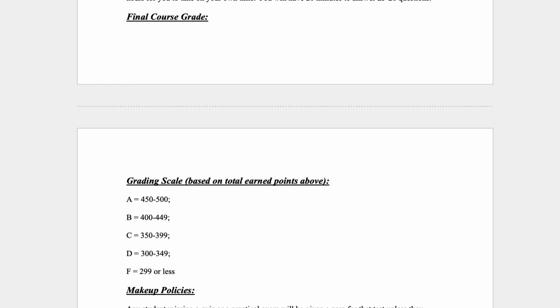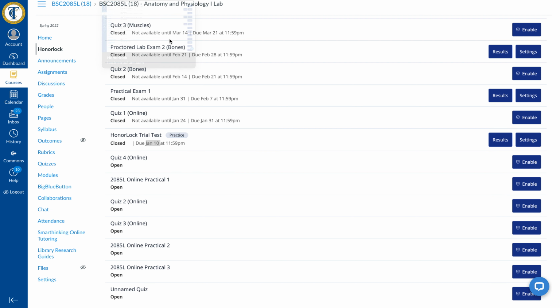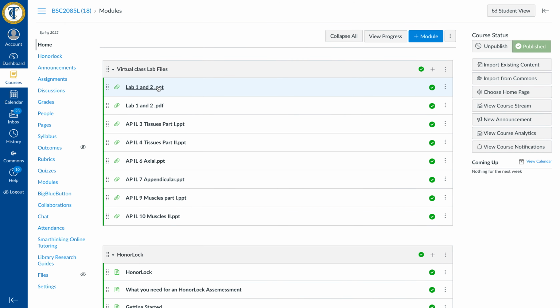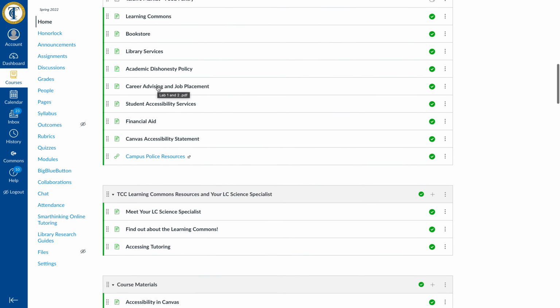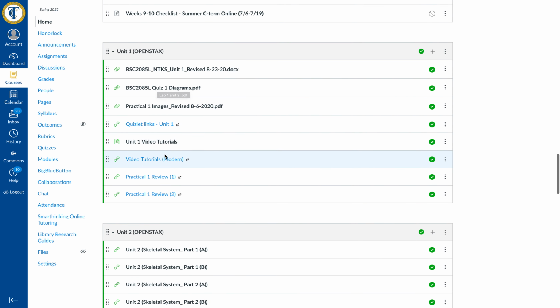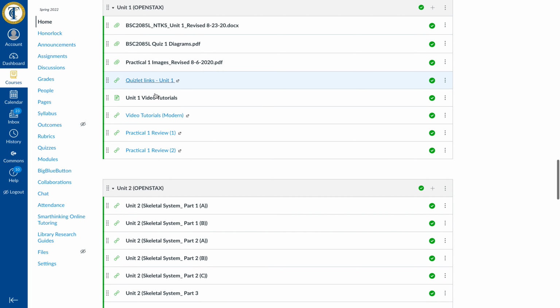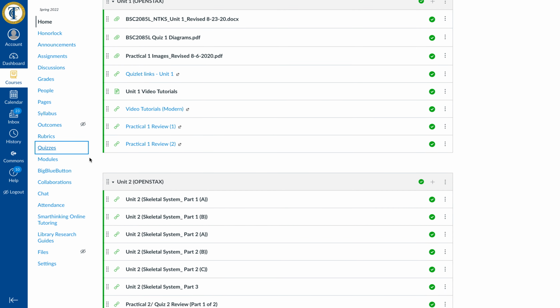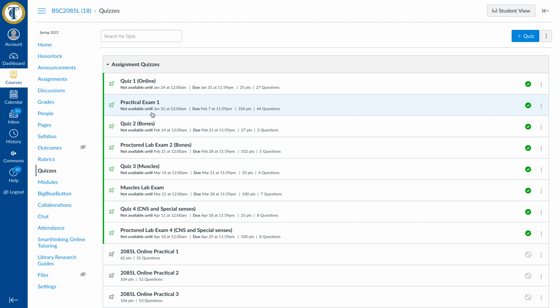It is so hard to miss an exam because if you notice, your proctored exams are available for you to complete for almost 2 weeks. It's going to be open for you 1 week before the due date. If we take practical exam 1, for example, under quizzes here, practical exam 1 will be available from January 31st and it's due on February 7.